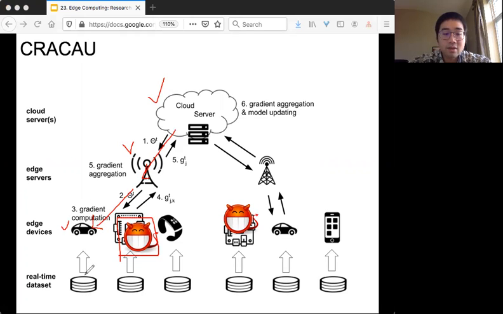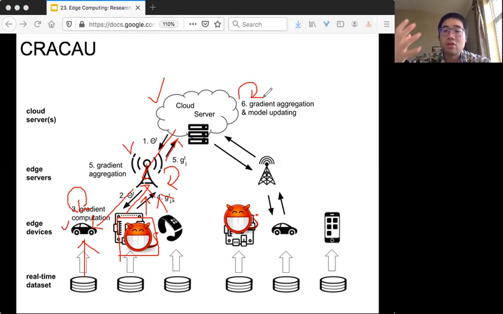Each device will get some real-time local data and train a gradient. Once it figures out the gradient, it sends it back to the edge server. The edge server will locally do some aggregation after it receives multiple gradients from nearby edge devices. Once it's done, it sends the aggregated gradient back to the cloud server. Then the cloud server can finally update the machine learning model and begin a new iteration.